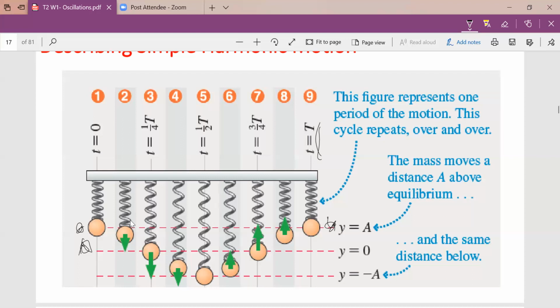Just when it's heading back to the rest point, you see the velocity coming up for the first time, and immediately it passes the rest point, the velocity is at maximum. Then it begins to reduce as it approaches the negative amplitude, which is the displacement A in the negative direction. So you see it go back again in the same trend. Immediately it crosses, it has a maximum velocity, and then it comes back. Now I'm emphasizing immediately it crosses because that is how you'll be able to tell the position of maximum velocity